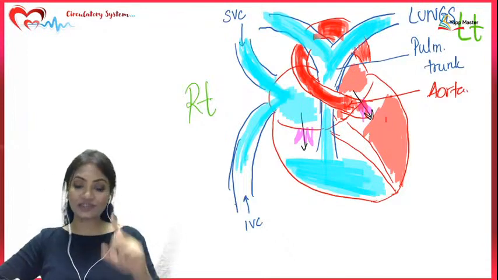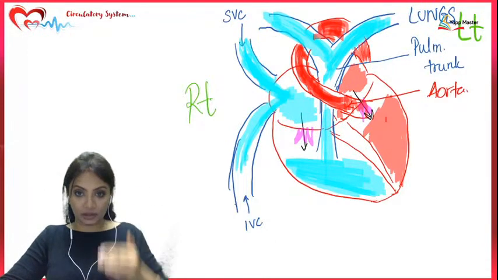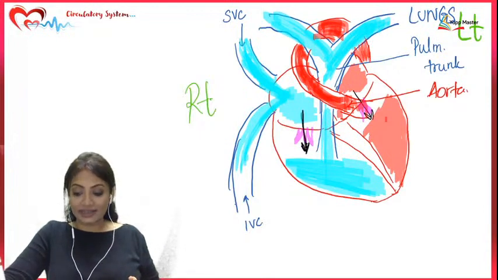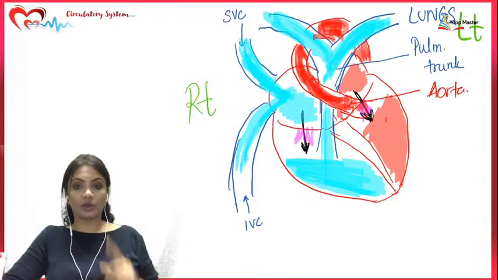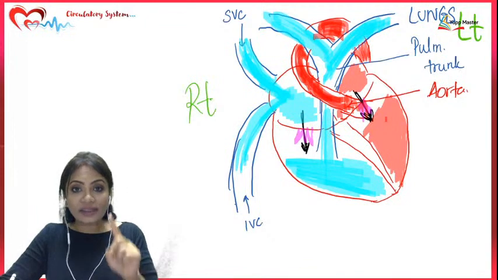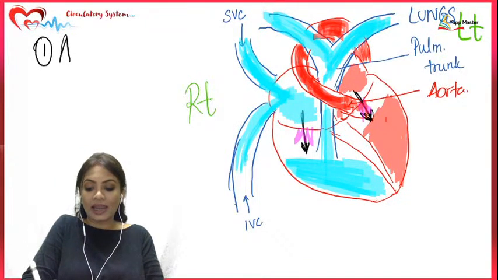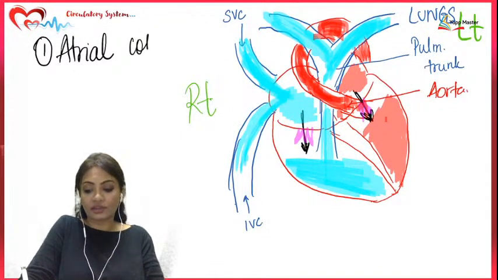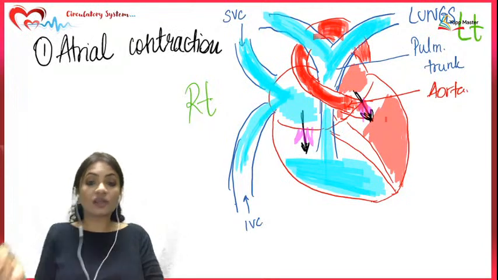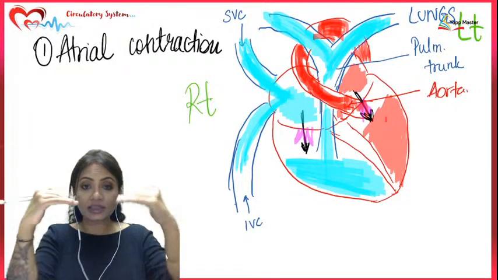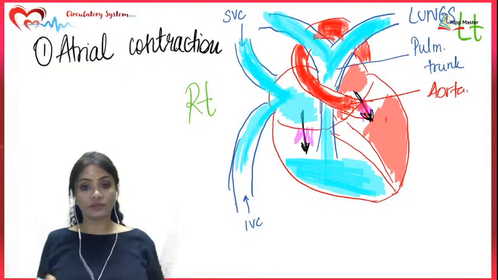So, when these atria contract, the blood enters down, both on the right side as well as on the left side. So, the very first event that has happened is that there has been an atrial contraction,